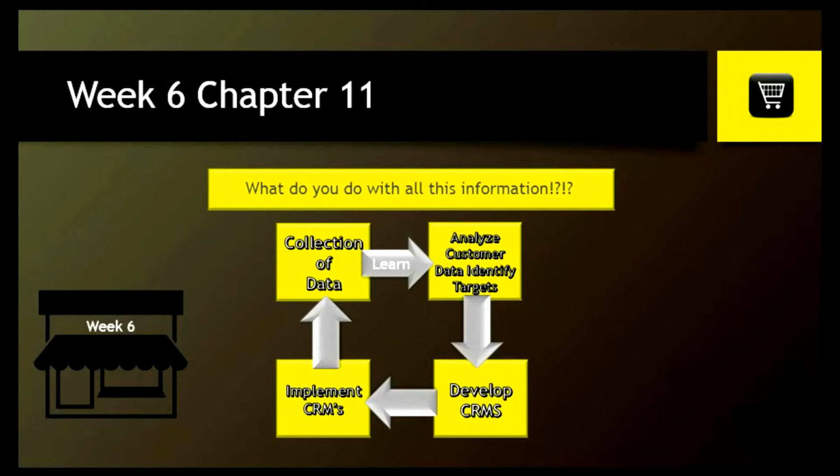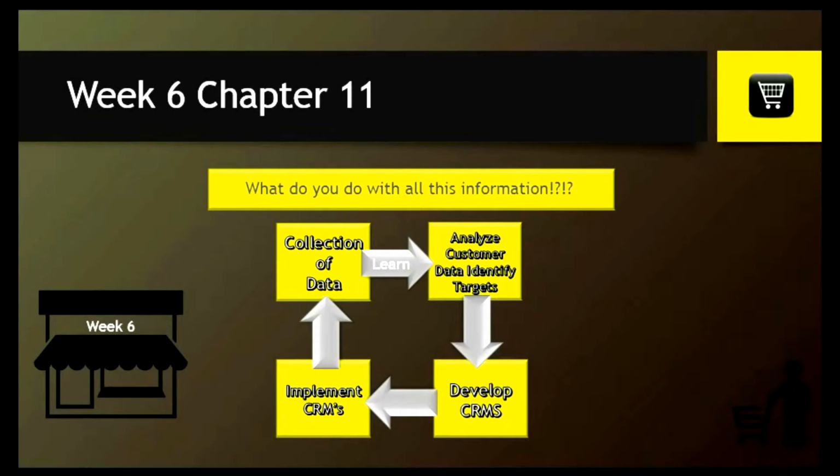So customer relationship management isn't just a loyalty program, but that is a pretty good example of a loyalty program. But keeping a relationship with your customer on a small scale can also be newsletters and different ways that you contact the customer, and that could be an electronic newsletter. It could even be an announcement on the main page of your website. And we'll talk a little bit more about keeping in contact with your customer over your web page in a moment. So as you can see here, though, it does loop around, and as you adjust and find things that will make your information more valuable, you can add that to the data collection.